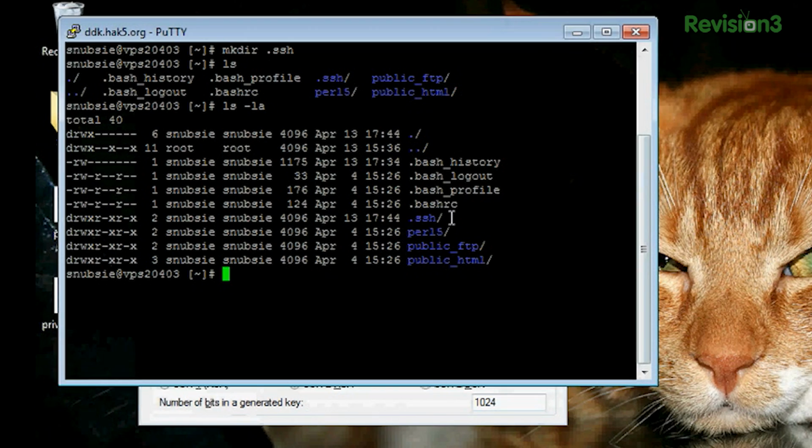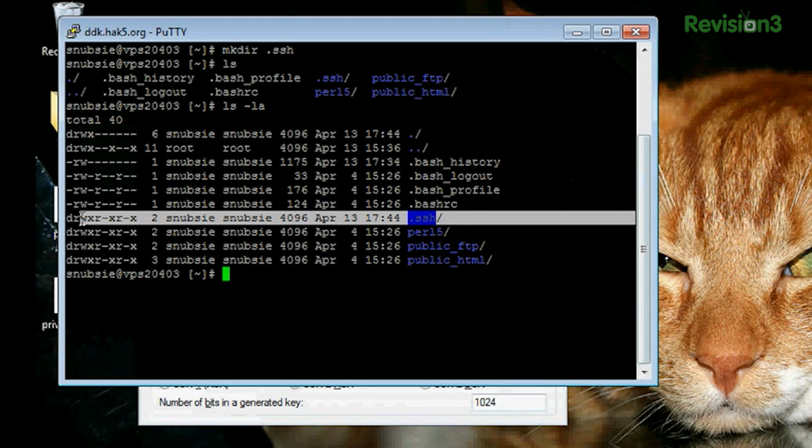And so there's .ssh. Right, and so the next thing you're going to need to do is change the mode of this file. And you're going to do a chmod 700 to it. I'll probably just take this moment to explain that in the Unix world, there are 3 levels of permissions for files and directories. There's the owner, in this case, you. There are groups, like say we could have a Hak5 group that you were part of, and Paul and myself were a part of. And then there's the world, aka everyone.